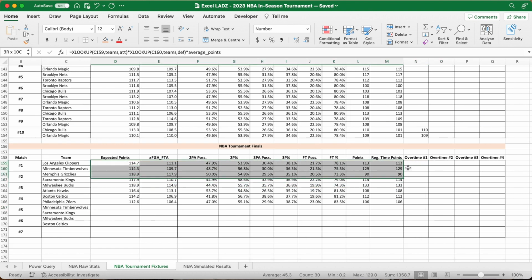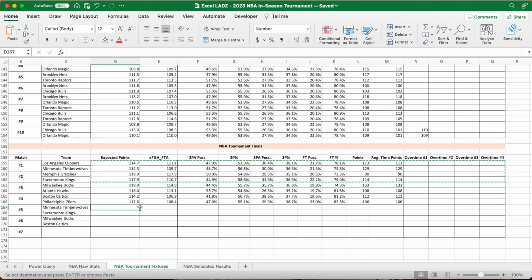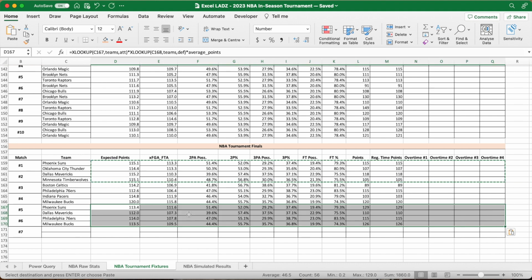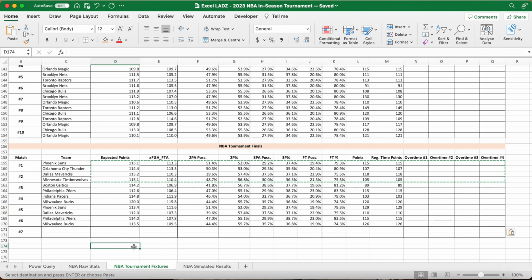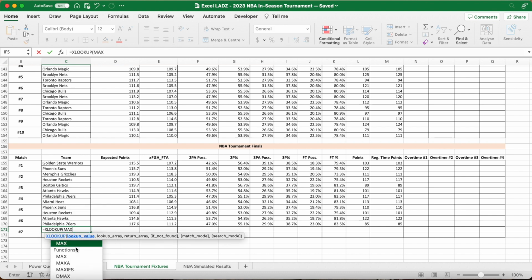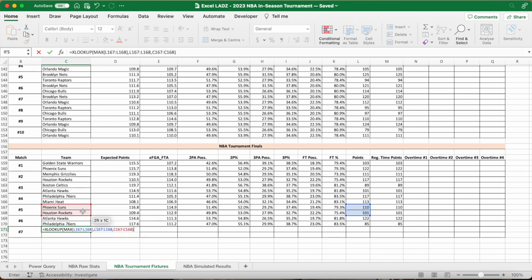Then select cells D156 to Q162 and copy and paste that in a cell D167, and that's just putting in the formulas for matchup 5 and 6. Now all we have left is matchup 7, which is the final. So we want the winner of match 5 using the same formula as above. We're looking up the maximum number of cells L167 to 168. In that same range, we're matching that array to the return array, which is the Suns and the Rockets in